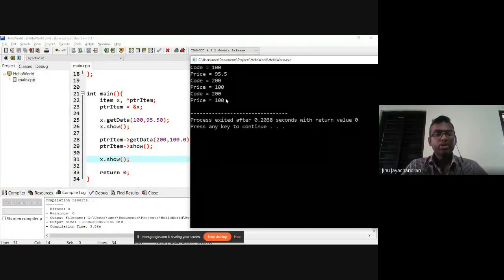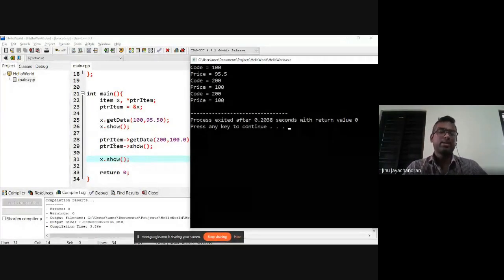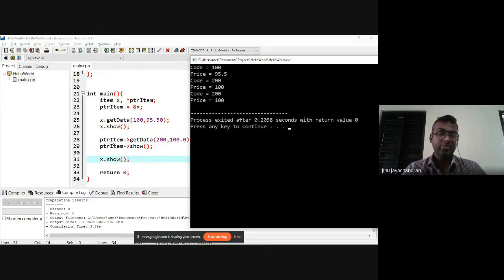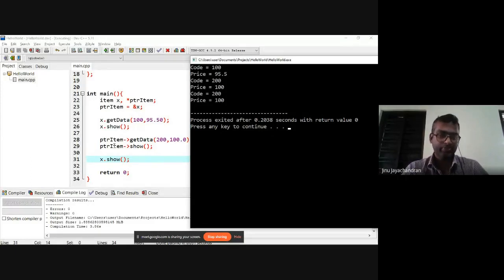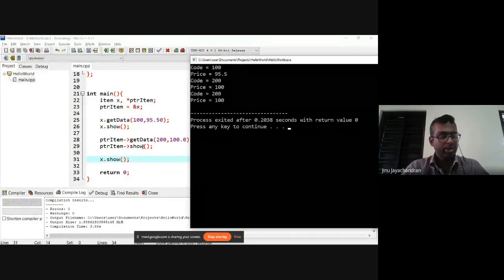Why? Because when I did ptr arrow show or get data, you are actually doing it inside the object x. You are not creating any new object because ptr item is pointing to x. Whenever you do anything with ptr item, it is as if you are doing it with x. So ptr item arrow get data is actually x dot get data, and ptr item arrow show is actually x dot show.